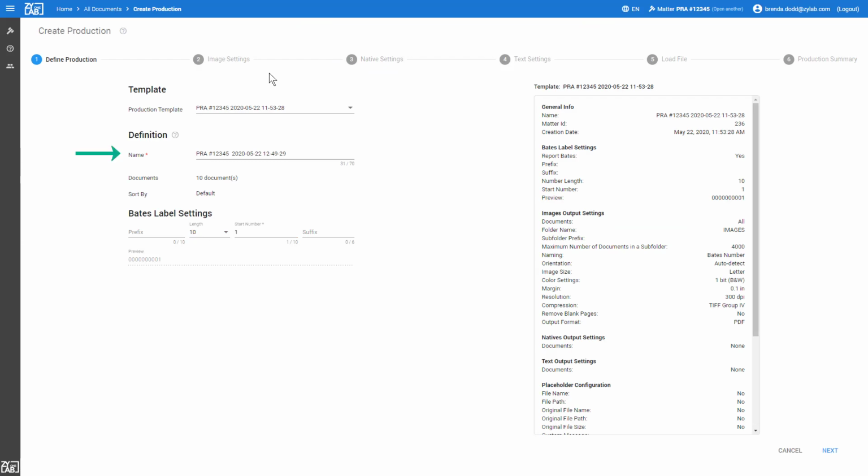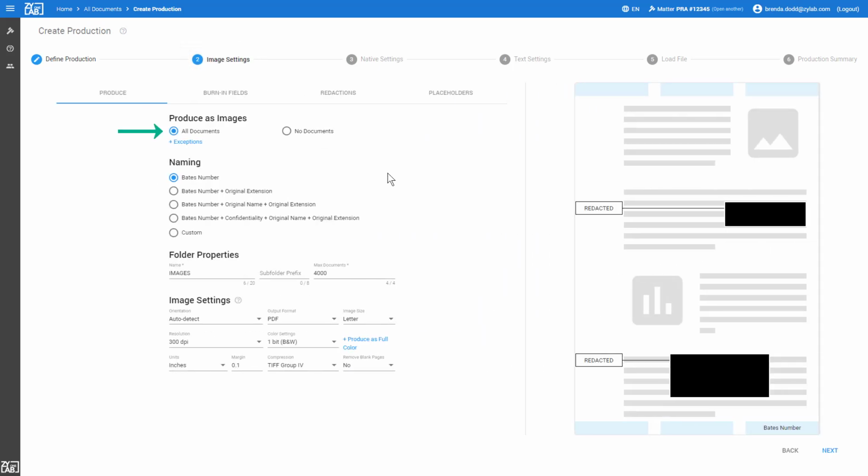In Step 1, define a name of the disclosure and set the Bates numbering if applicable. Documents can be disclosed in a variety of formats, including images such as PDF, native, or a combination of both to meet all of your disclosure needs. Simply select each associated tab to define the settings for each type of document you wish to produce. In this case, we will create a PDF copy of each responsive document, which will be provided to the requester. From the Image tab, select All Documents, define how the document should be named, then select PDF as the output